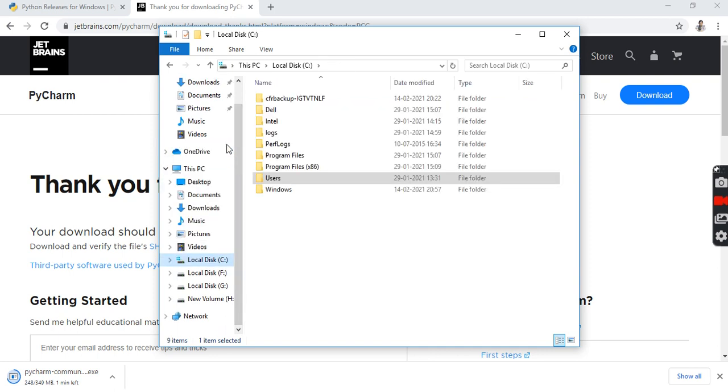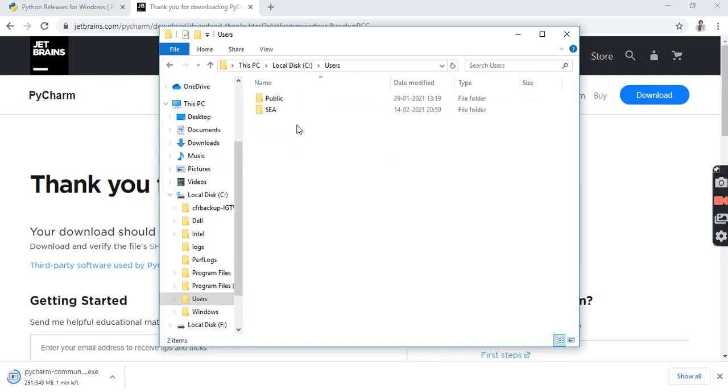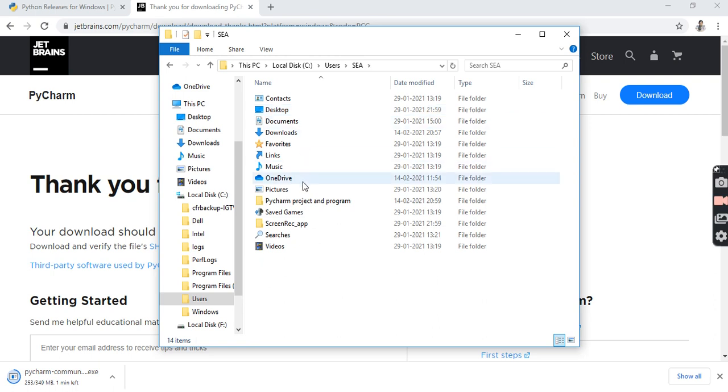Okay, I just go to local disk C, then my users, and then this C, and after this C I have a folder that is PyCharm project and program. So this is all made. Now what I need to do is that whatever programs and things I would be making,